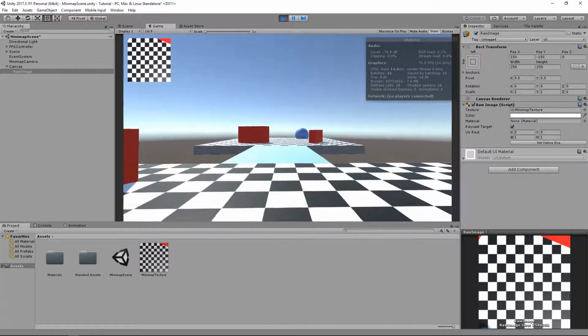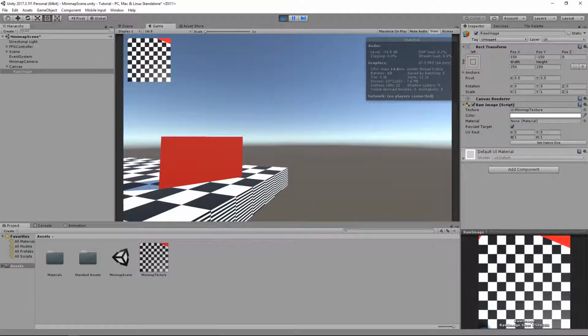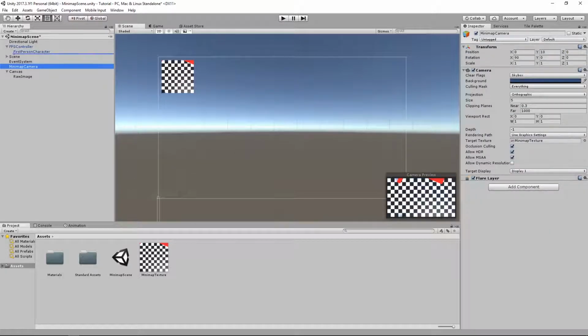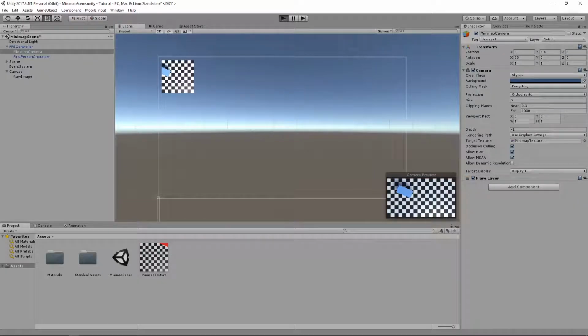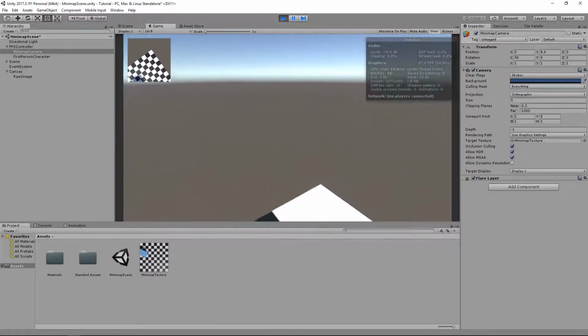And you can see that this actually displays the texture right now. Now there's a couple ways you can make it follow the player. You can just drag it into the player, set the coordinates, no, not the raw image, the minimap camera. You can drag it into the player, the FPS controller in my case, and just set it to 0, 0 coordinates,